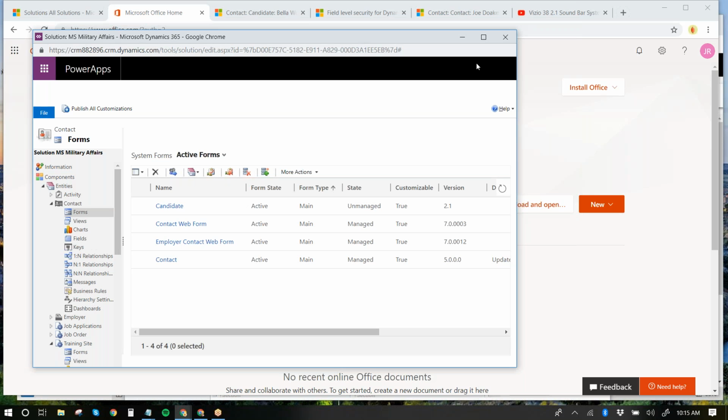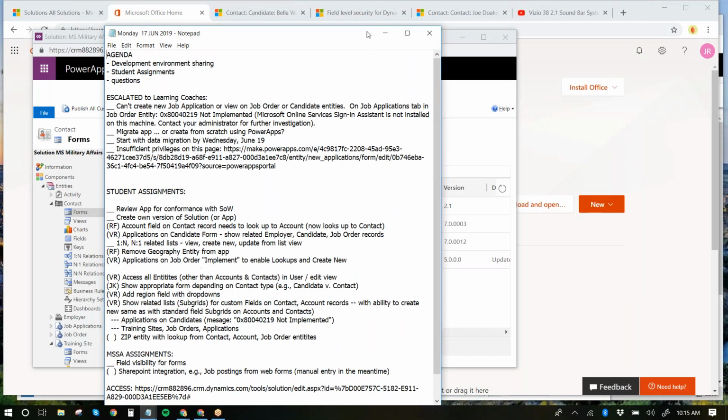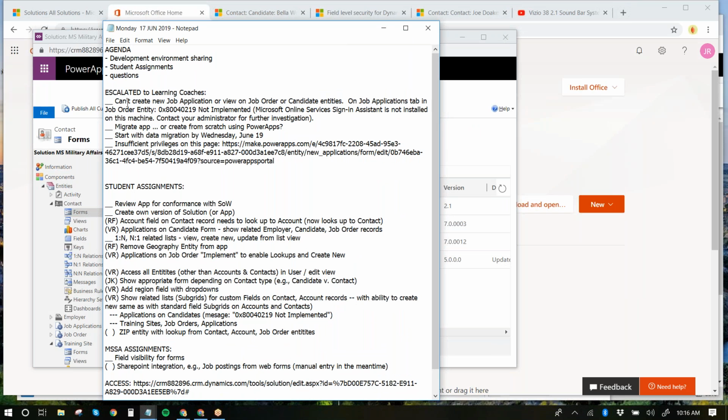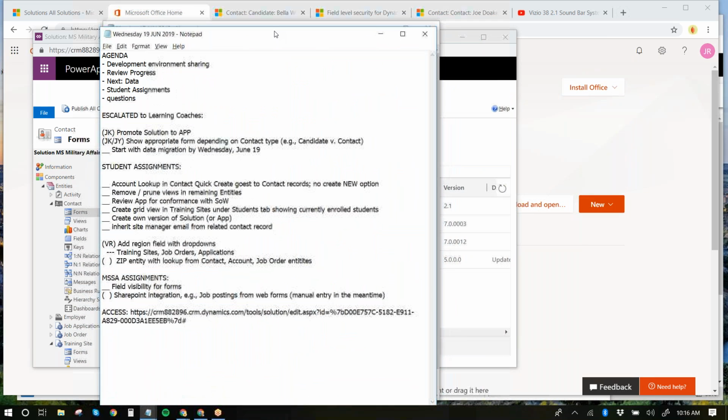Can you see the screen there? I have the items from Monday, and I have eliminated all of the ones that were on this for today. But it just gives you an idea of what we had in front of us, that when I replace it with today's agenda, you can see it's a lot cleaner. We've actually done a lot.